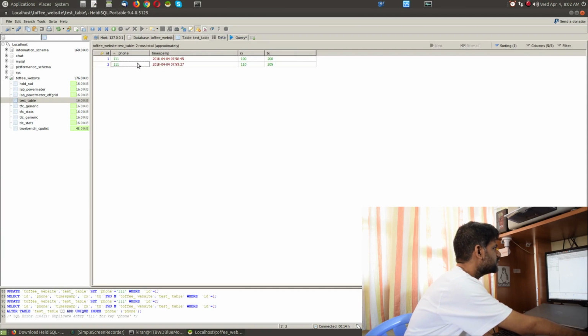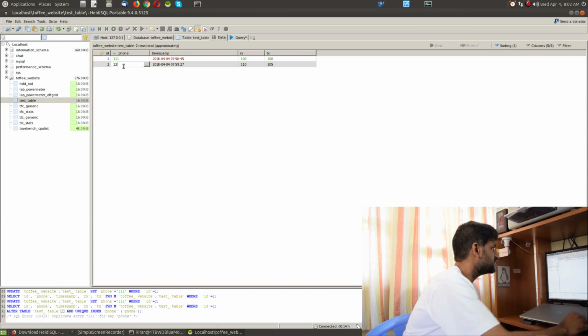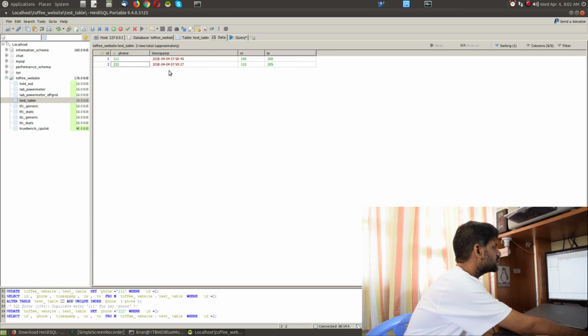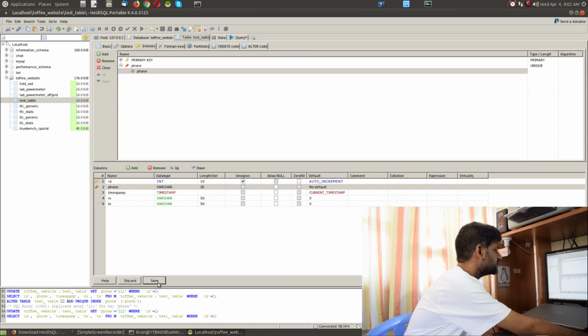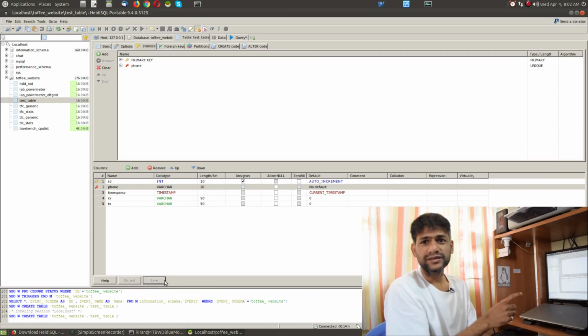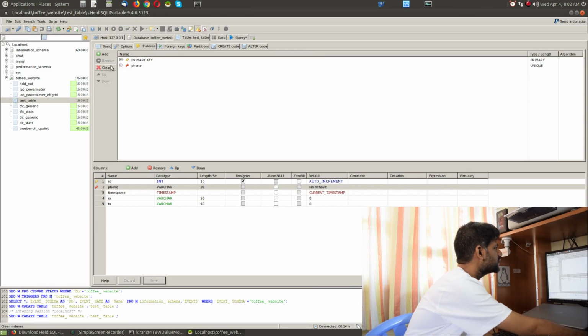So for that, you need to remove or change the data and go by the rules. First change the same, and then you can do the save. Now it is accepted, as you can see here. And if you go to the indexes, you can see here you have this unique key as phone, and you have the main primary key as